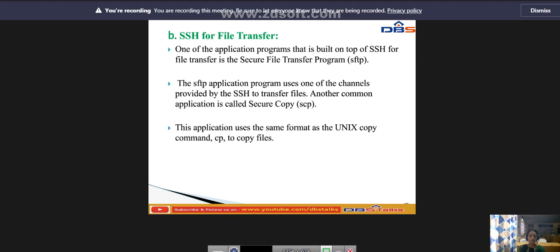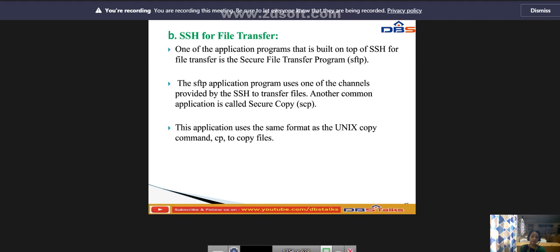One of the application programs built on top of secure shell for file transfer is the secure file transfer program. It uses one of the channels provided by the secure shell to transfer the files.